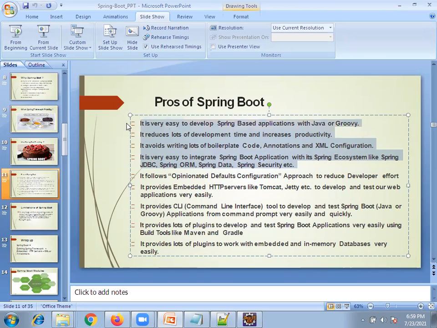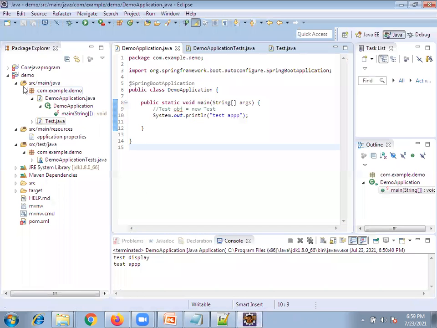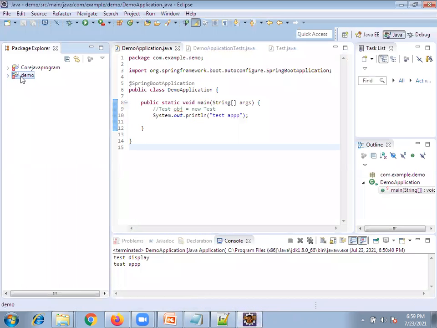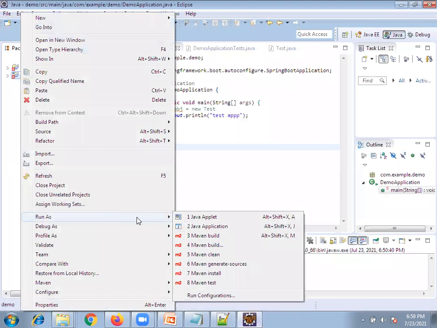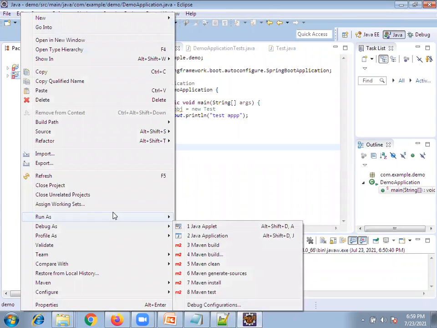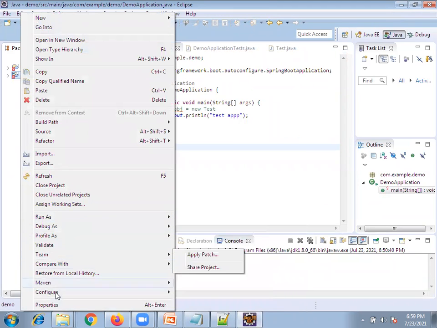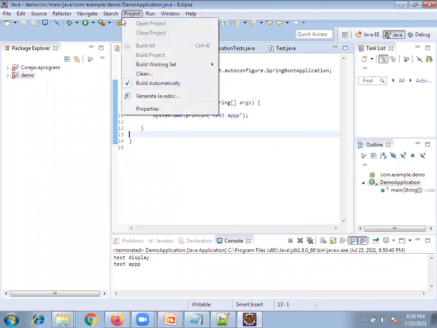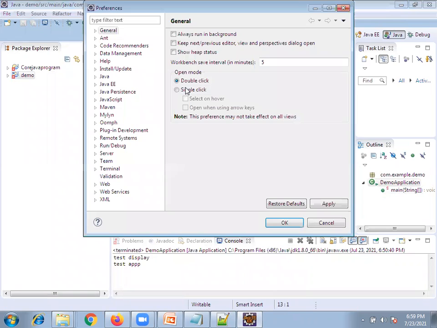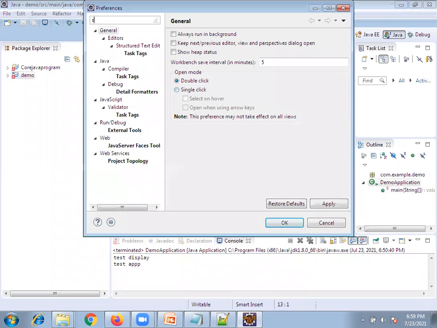Now you want to deploy, you need to configure an external Tomcat, right? You need to do external configuration. Once everything is developed, Spring MVC, again you come here, right click, run on server. If you want to profile, you come here, or else go to Windows, Preferences, Tomcat, Servers.